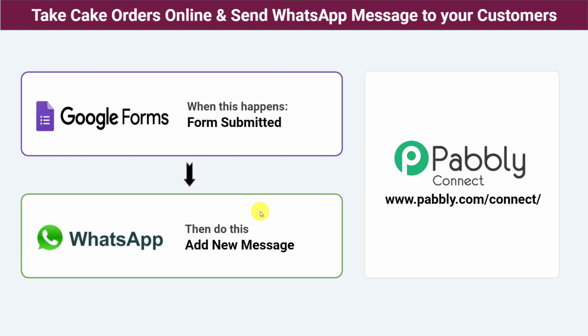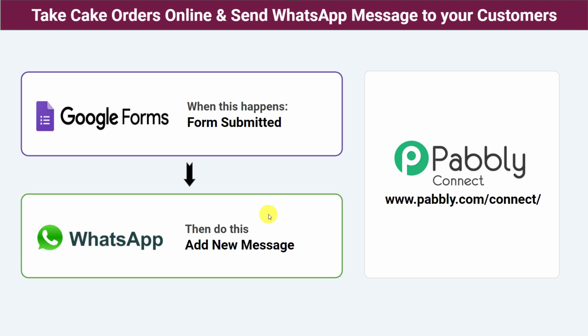So let's take an example that I own a cake shop where I use Google Forms to take the orders from the customers. Means I have created a purchase order form in Google Forms and shared it with my customers so that the customer fills the Google form as per their requirement and they submit it. But I was thinking that whenever a customer fills the Google form, he should receive an order confirmation message on WhatsApp stating the details of the order placed.